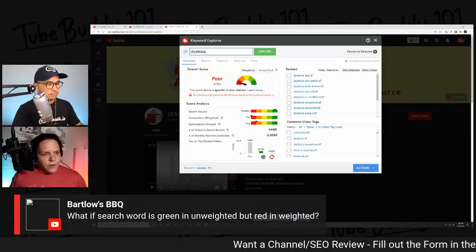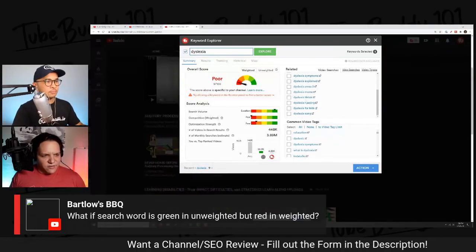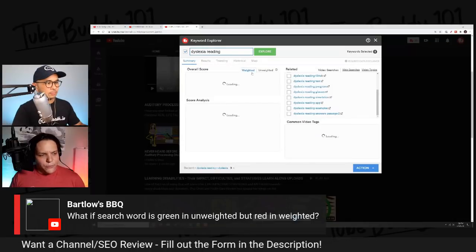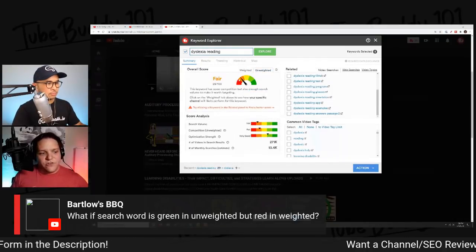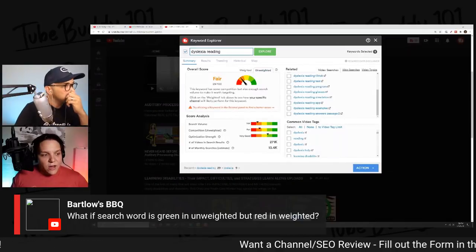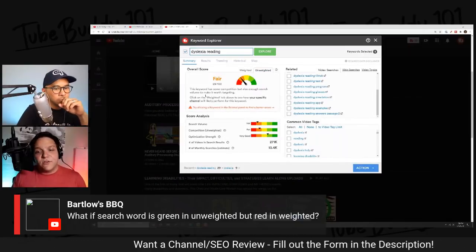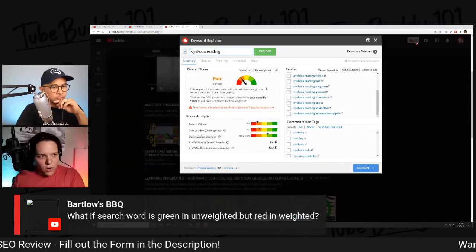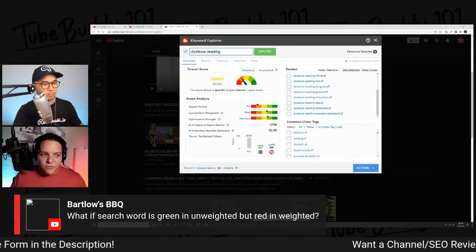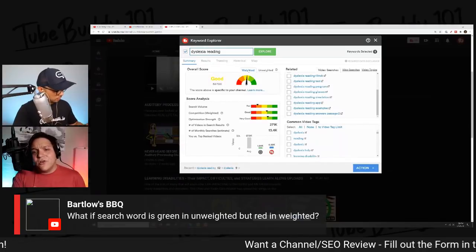So the difference between weighted and unweighted, I'm going to go back to dyslexia reading, right? Notice how our weighted score is yellow, but our unweighted score is orange. Now, the reason for this is the unweighted score is not specific to your YouTube channel, right? It's a generalized score. Where the weighted score, which does require Pro or higher,